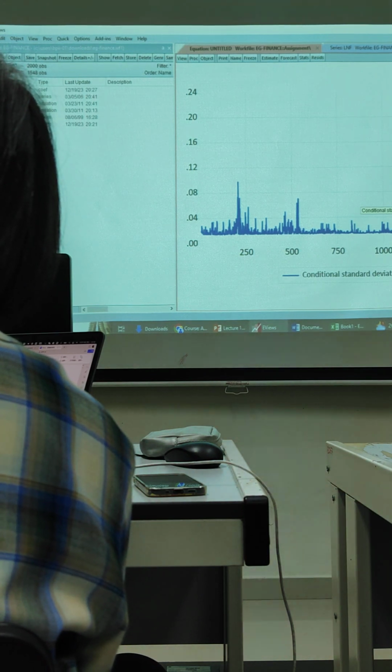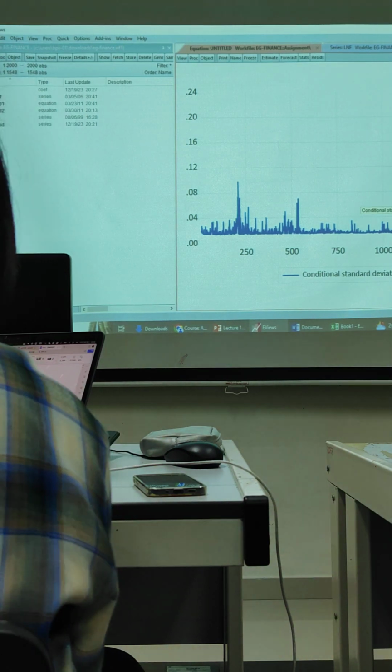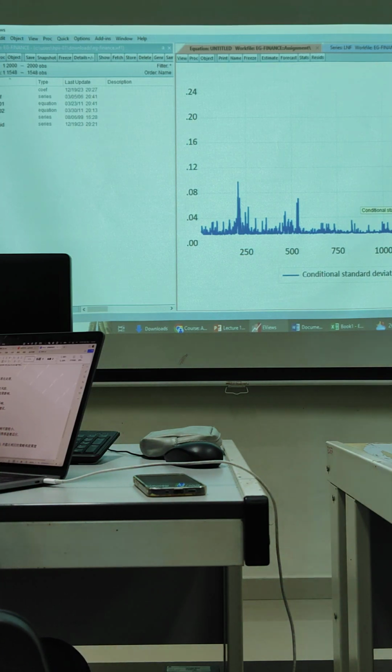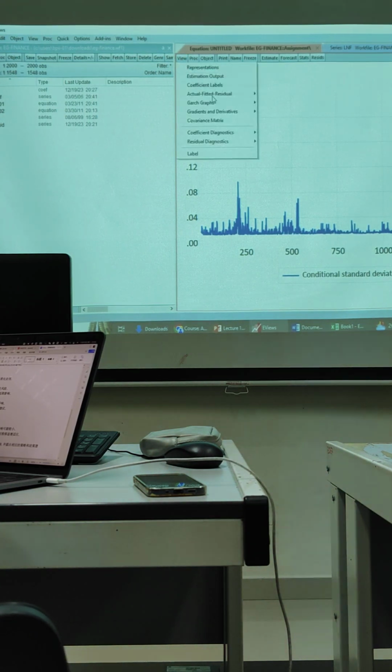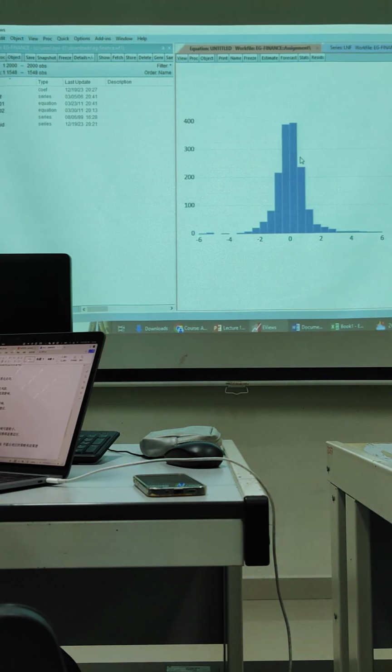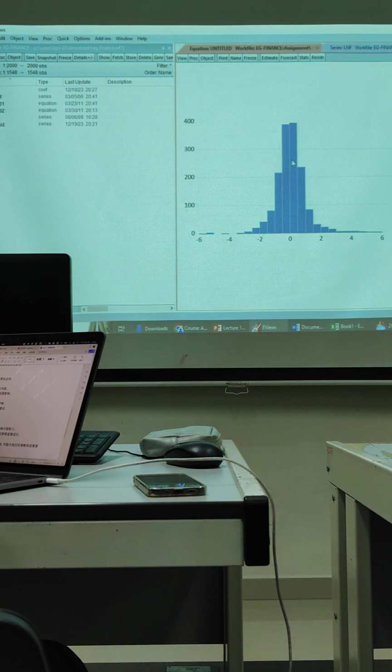So only when we get a model with no ARCH effect, it means that eventually your model passed the ARCH test and has no autocorrelation. Then that's the final model. Before we move forward, you can go to View again, Diagnostic for the residual. Actually, there is still the normality test. You can check the normality test. Go to View, Diagnostic for the residual, and check for normality. Once you click on normality, you observe that the Jarque-Bera statistic is highly significant.